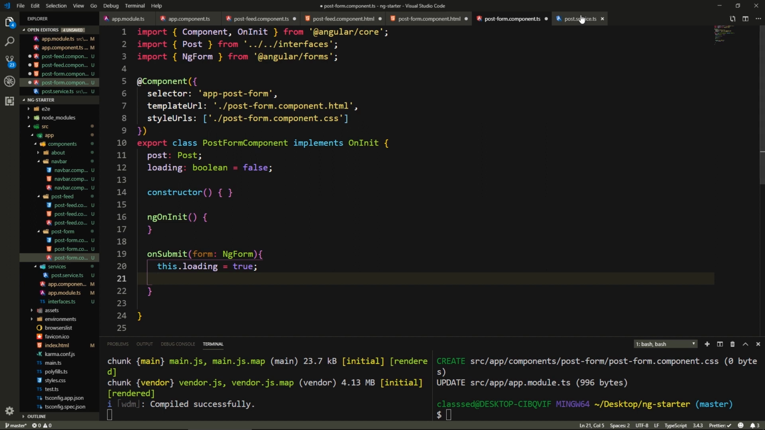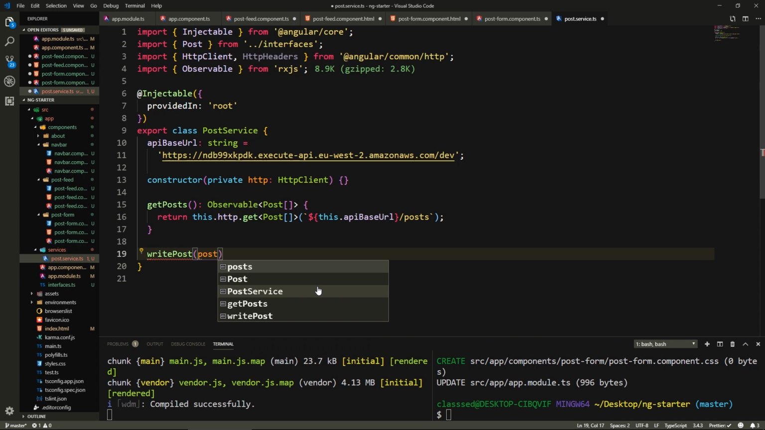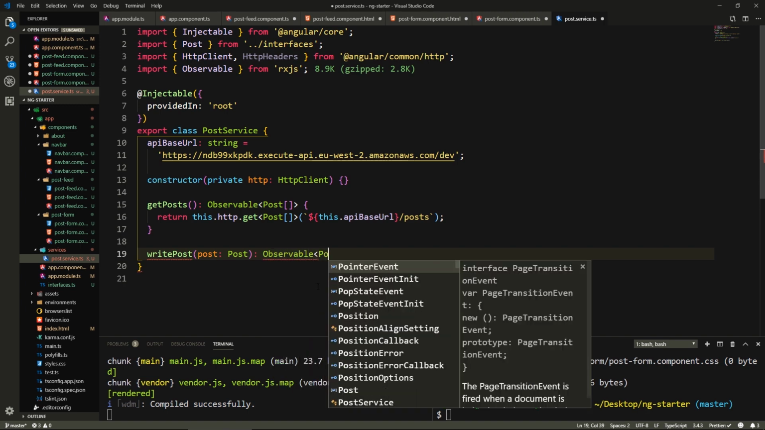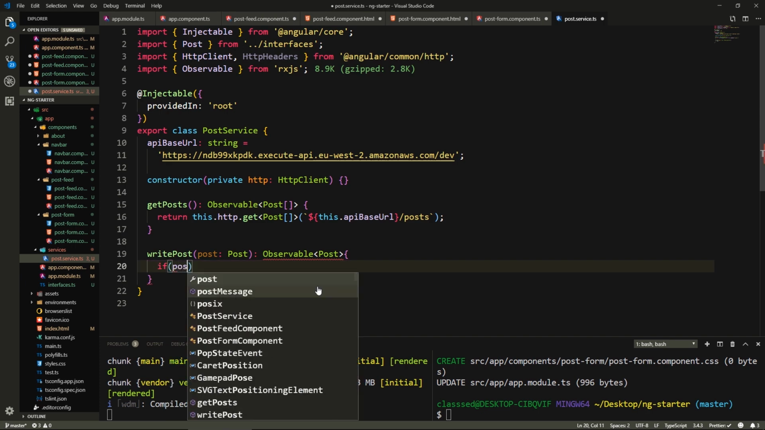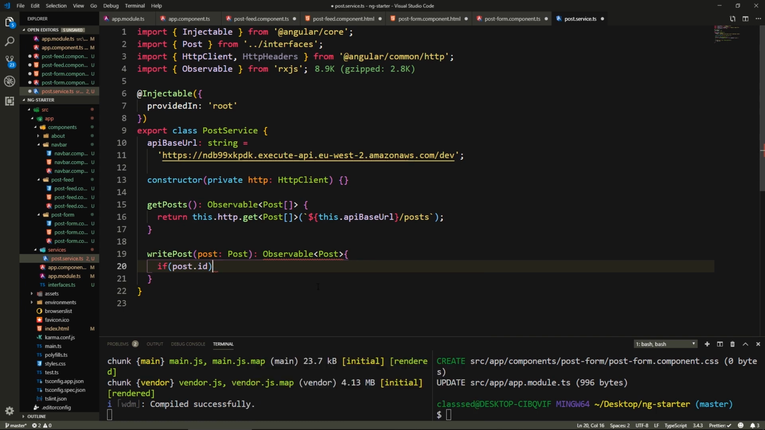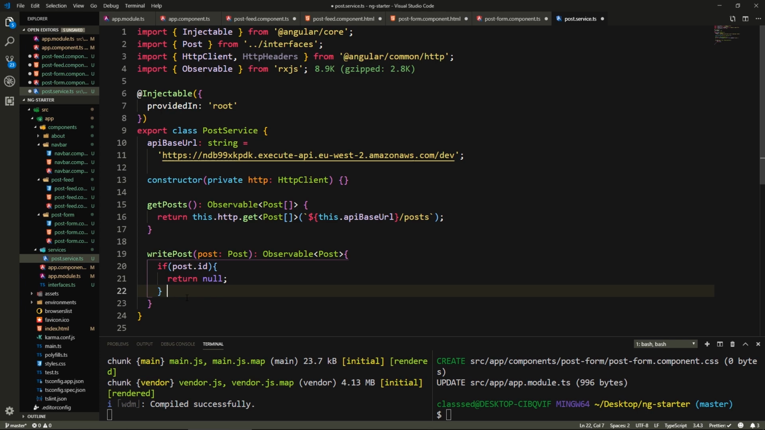the server. So in the post service here, I'm gonna create this clever method called writePost. I'll explain why I created it like this. So this will take a post of type Post, and it will return an observable holding a post, so singular, just one. And here what I'm gonna do, I'm gonna say if post.id, if it's got an ID, for now I'm just gonna return null